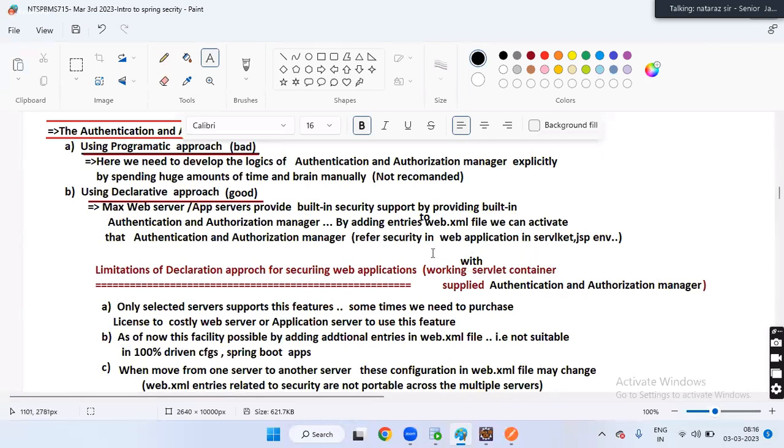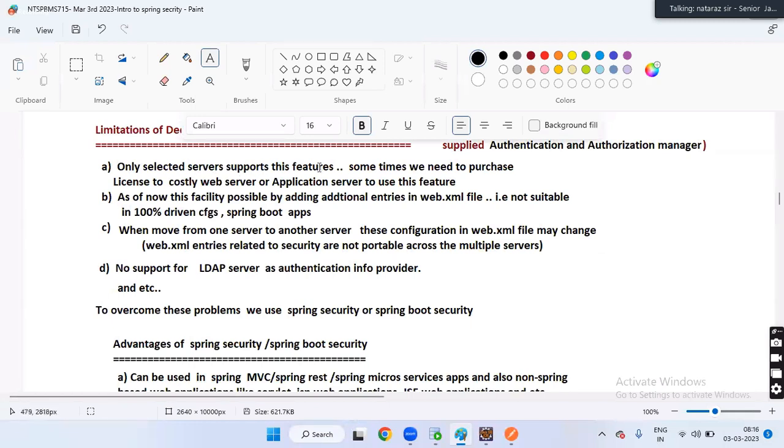Already we can do security in web applications at Servlet JSP level, but I am saying that there is Spring Security, so there might be some problems with Servlet JSP level security.